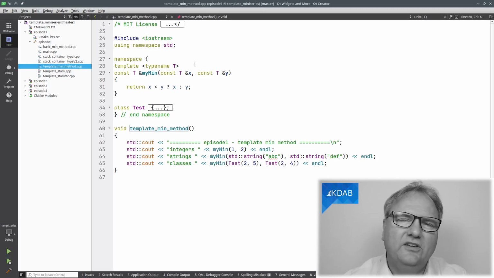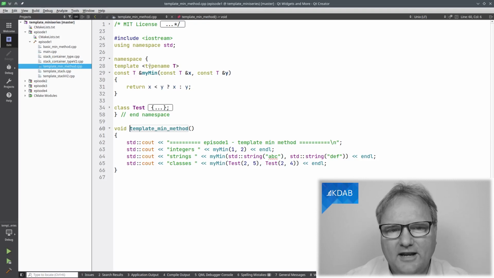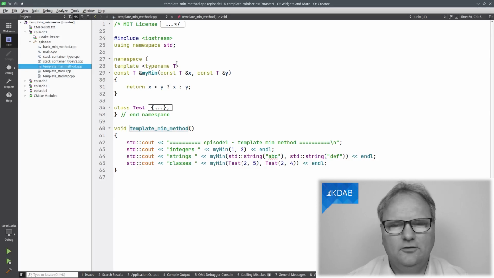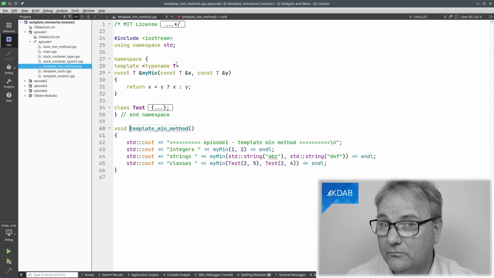Okay, what we see here is that my min is a template on type name T. That's a terrible habit that many people writing templates do, that they name their templates T and S and V and W and whatnot. It's like calling your iterators it. Nobody would ever do that, right?